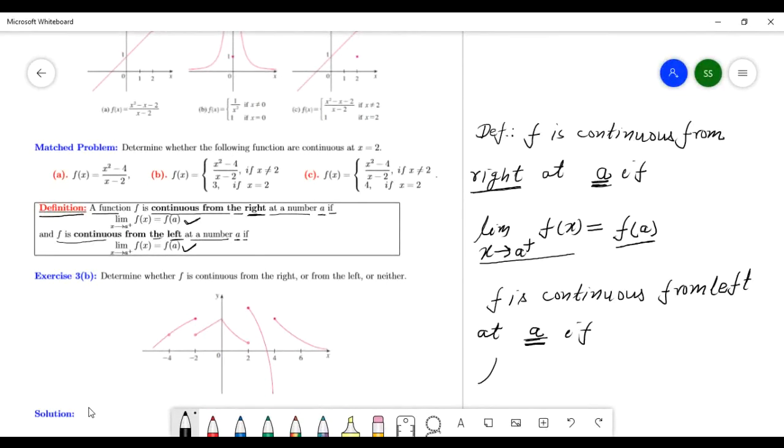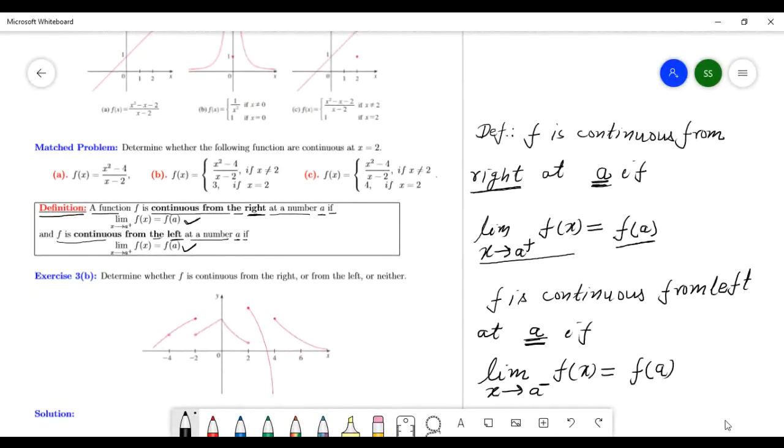Left means left limit, you have to check the left limit, x goes to a minus, that is the left limit of f(x), and this equals f of a. Okay. So here